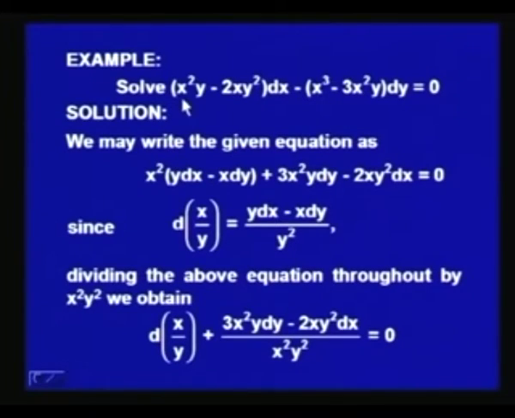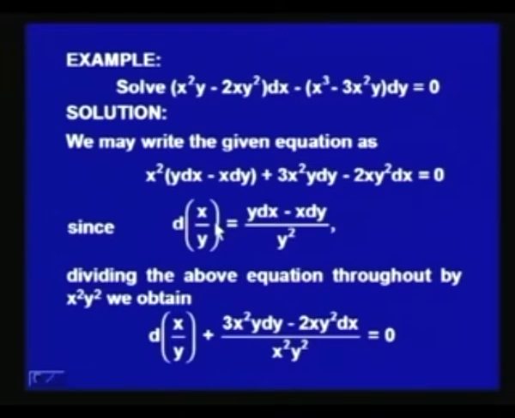Next, let us consider the case of the differential equation (x square y minus 2xy square) dx minus (x cube minus 3x square y) dy equal to 0. We regroup the terms here again and write it as x square into (y dx minus x dy) plus 3x square y dy minus 2xy square dx equal to 0. We note that